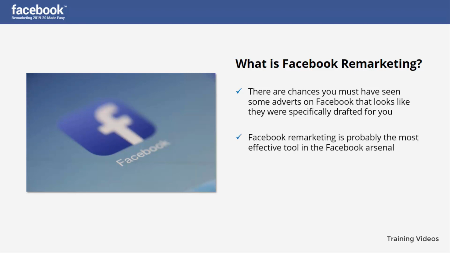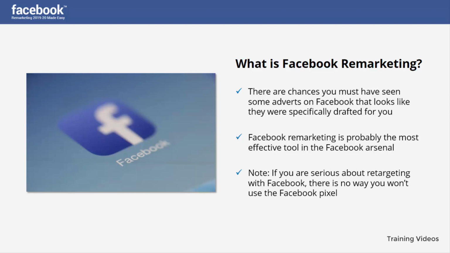Facebook remarketing is probably the most effective tool in the Facebook arsenal. It is the act of running Facebook ads targeted towards audiences who have visited your site but are yet to purchase, those that are already converted, and those who may not be familiar with your product but are likely to buy. Note, if you are serious about retargeting with Facebook,